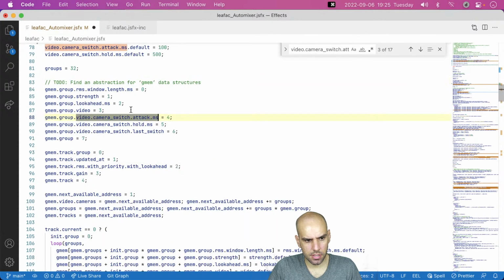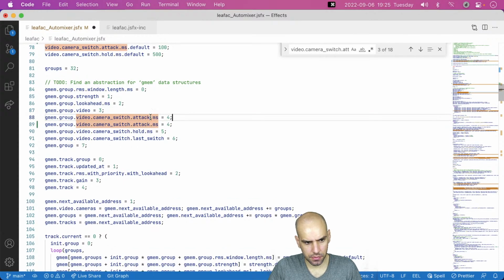Then this is another field on the data structure. 0, 1, 2, 3, 4, 5, 6, 7, and 8.